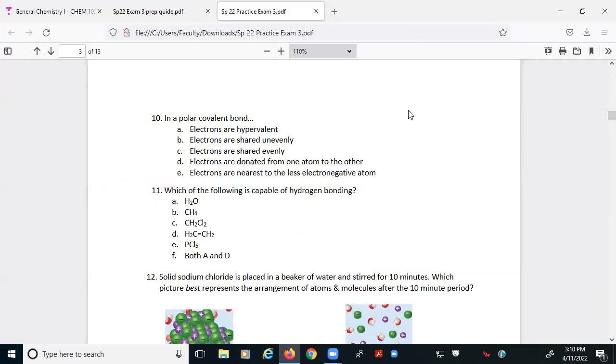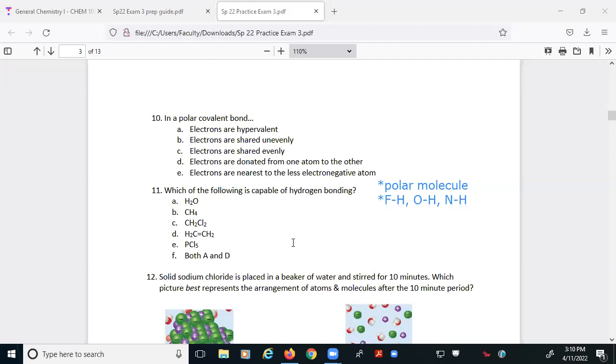All right, number 11 asks, which of these are capable of hydrogen bonding? Remember the criteria for hydrogen bonding. It has to be polar, and it has to contain one of those special bonds to hydrogen. And so,